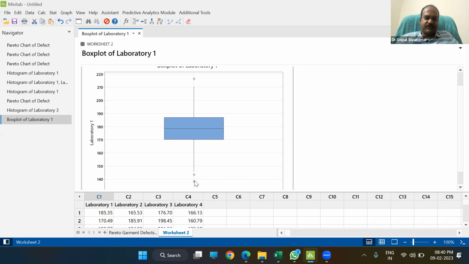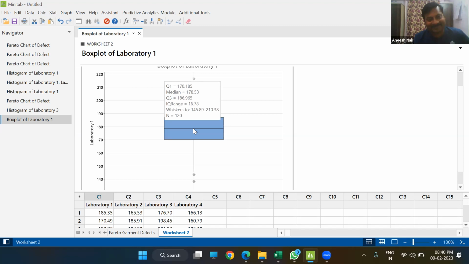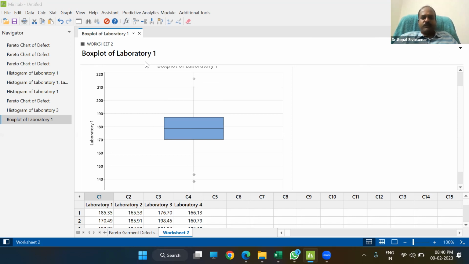Let me put it in the chat box. What is its name? Whisker, not whiskey. So this means outlier. So you have now found two ways of visualizing how your data is distributed. One is the histogram, the other one is the box plot. Through visualization, you can quickly understand what your data is communicating. Your data is trying to communicate only this information. Now, let us also